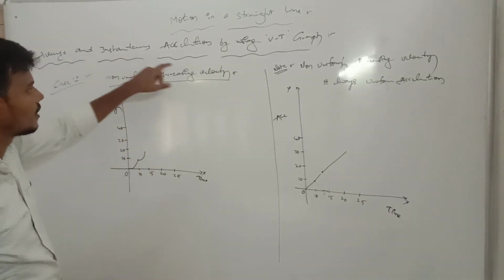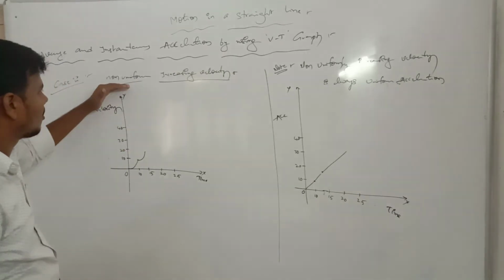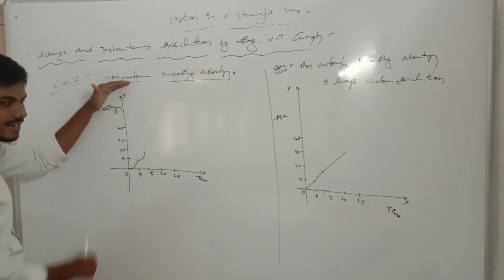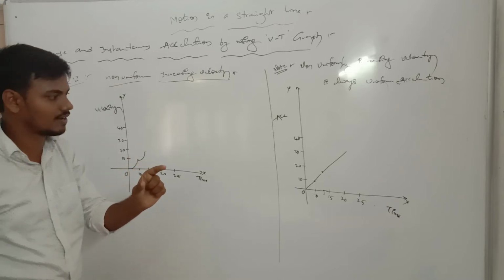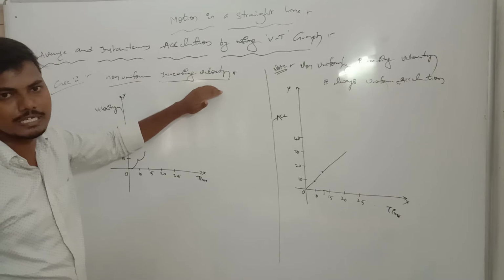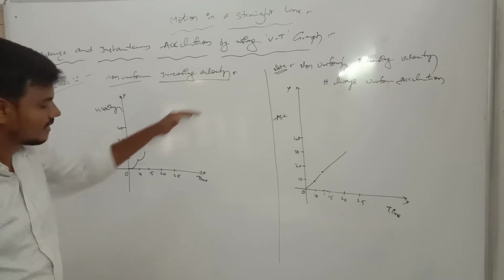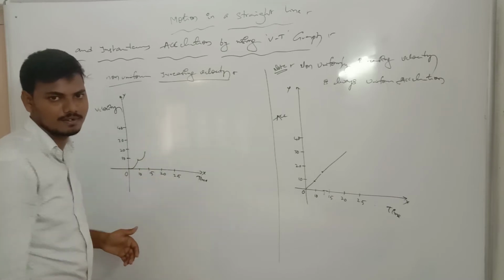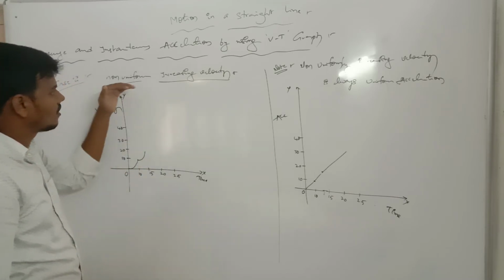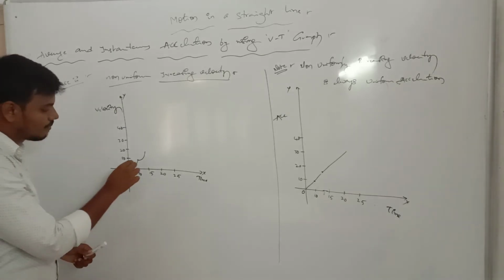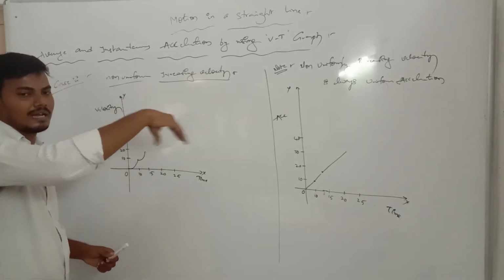Okay. Now we are going to the velocity and time graph. Okay. Non-uniform means the total distance covered. The total distance means we are not getting any shortest distance. Okay. In our previous one, case one, we took uniform increasing velocity. Uniform increasing velocity means we take the shortest distance in a straight line manner. Okay. Now in this one we take non-uniform increasing velocity. The total distance will be applicable, the sum of distance.